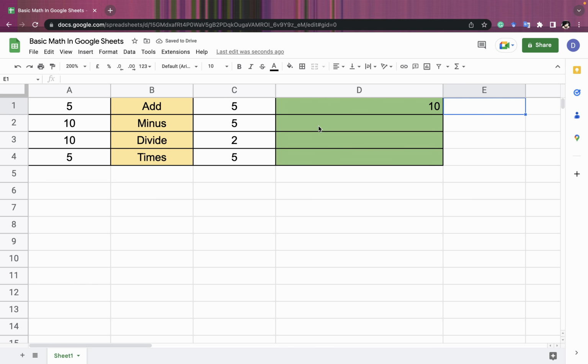If we do minus, same thing again, we start it off with equals, A2, we want to put minus in. You see it's trying to predict a pattern, but that's not what we're going for here. Click minus on our keyboard, you can click 5, or C2, tab, and you can see the answer for that